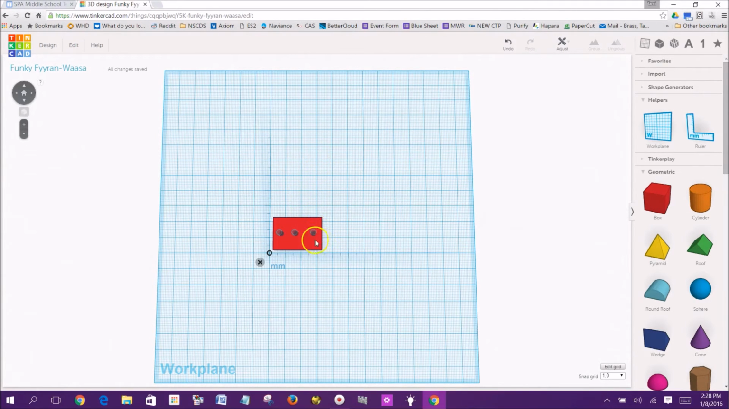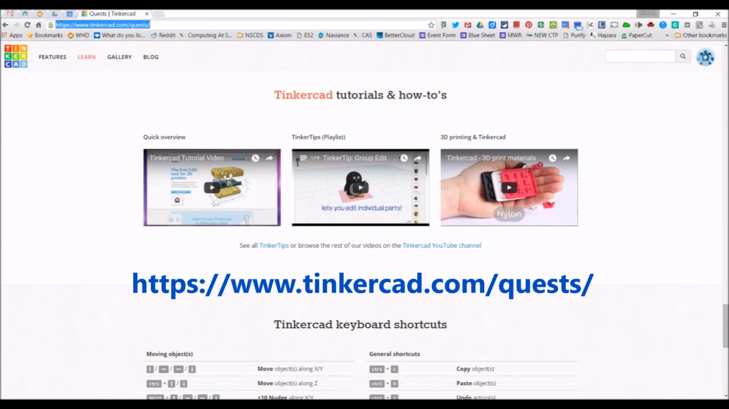You can also duplicate again to get multiples. You could select 3 of them and duplicate, it would give you 6. It's pretty handy. You can go to tinkercad.com/quests to get tutorials, how-tos, and